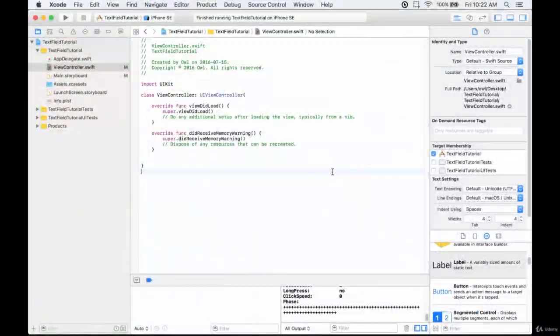Okay, so now we're all set up to actually add our text field to our layout, and we've talked briefly about exactly what a text field is. Before we add it, I'm going to go more into depth though. So we talked previously about labels, and we did a whole hour-long tutorial on those, and labels are just basically